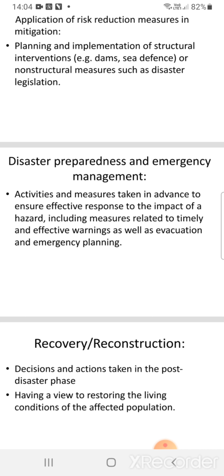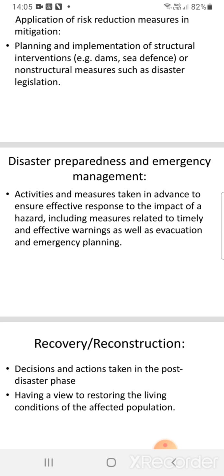So a hazard might be there, an event might occur creating a hazard, and that will create a lot of impact, and a proper response measure, a proper response activity schedule will actually include these measures for disaster preparedness, which are related to timely and effective warnings also, which will include